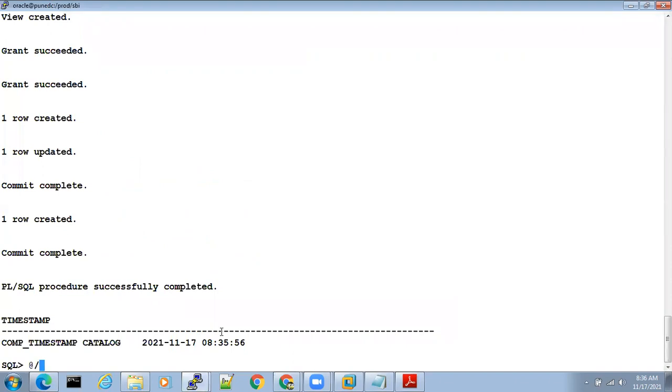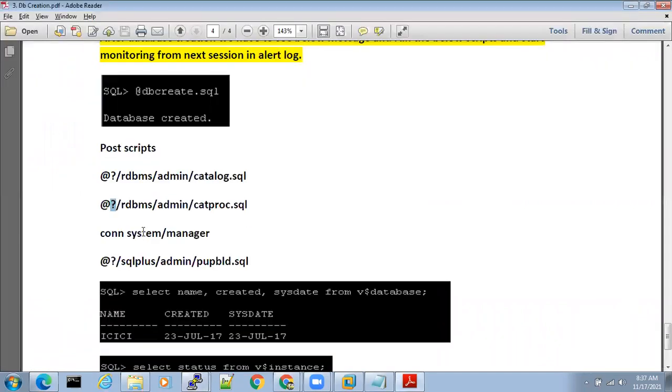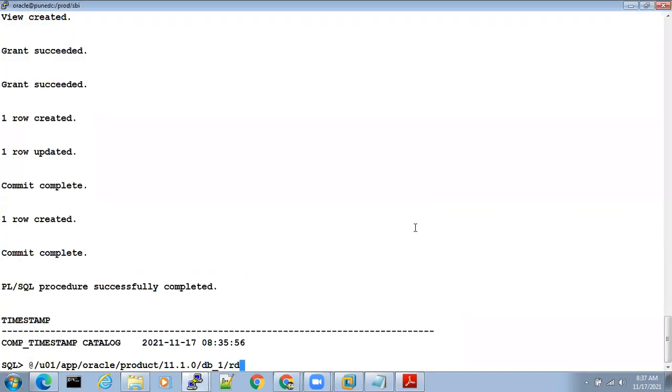See, I'm giving the entire path now: @/user1/app/oracle/product/11.1.0/db_1, then rdbms/admin/catproc.sql.